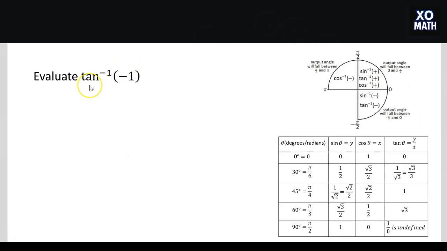And now let's evaluate tangent inverse of -1. So we're trying to think about what angle in either quadrant 1 or 4 do I plug into tangent to get out -1. So my answer is going to have to come from quadrant 4 because the output here is negative. So is this table going to help us? Well, this table really represents angles between 0 and pi over 2. But what's nice is that because we have to use the negative version of the angle down in quadrant 4,